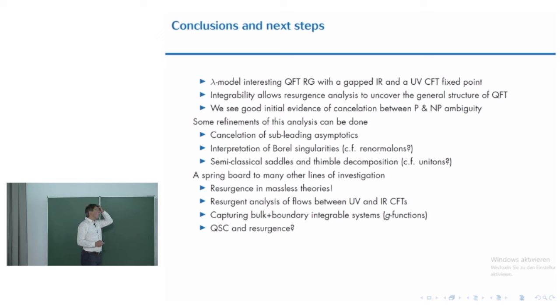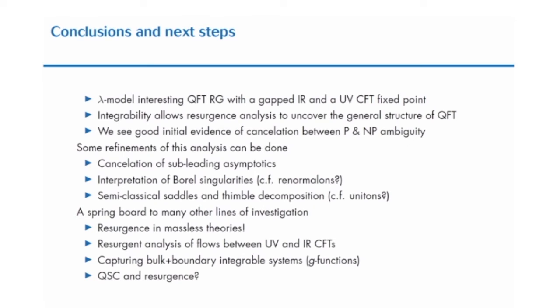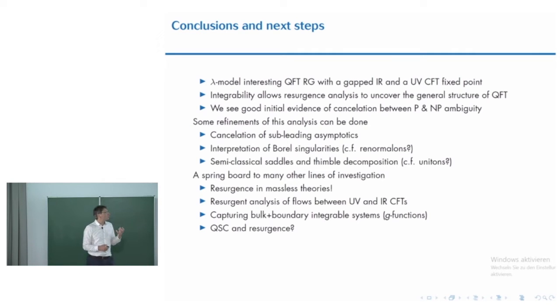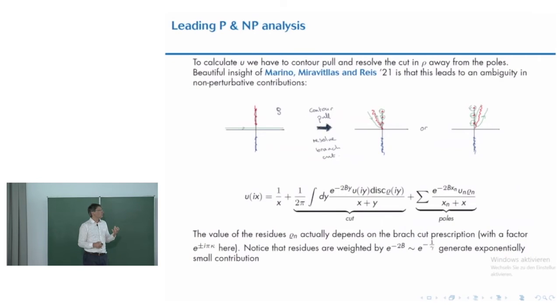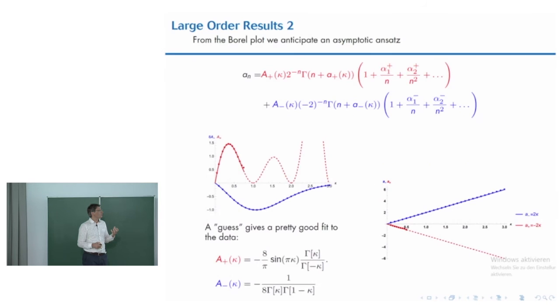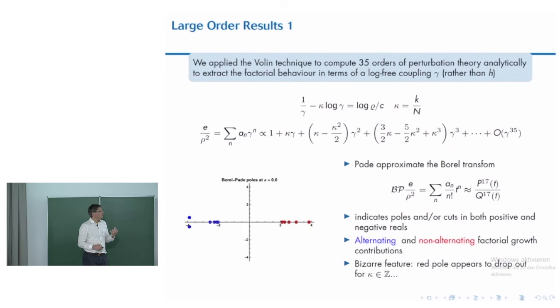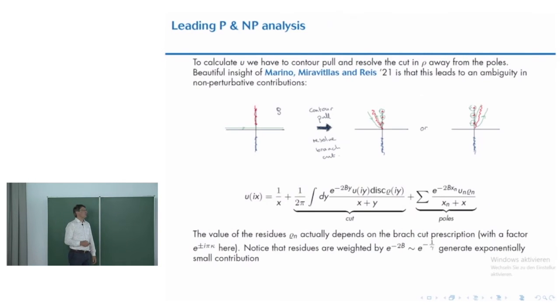You could push this much further, of course. You could look at subleading contributions. You could look, as you said at the very beginning, Emmanuel, at higher instanton corrections or higher non-perturbative corrections. Many things you could do. One thing that we haven't done, and I don't know how to do it, is give a semi-classical field configuration that corresponds to these guys. I don't know what that is. So that's an interesting question.